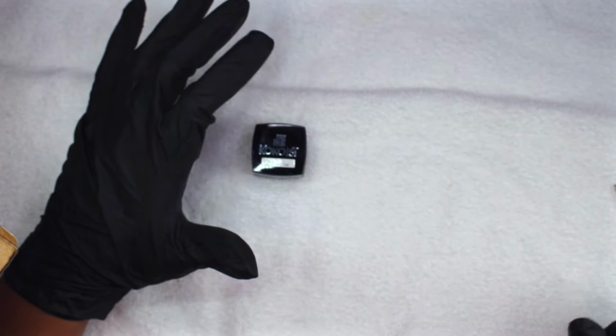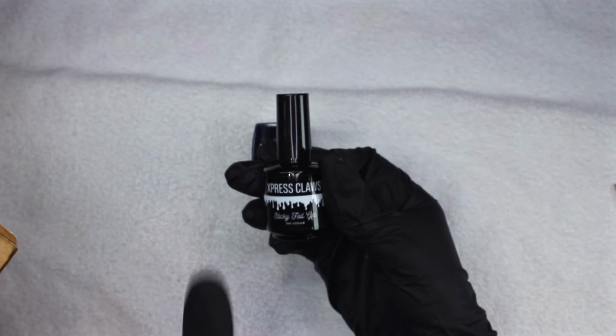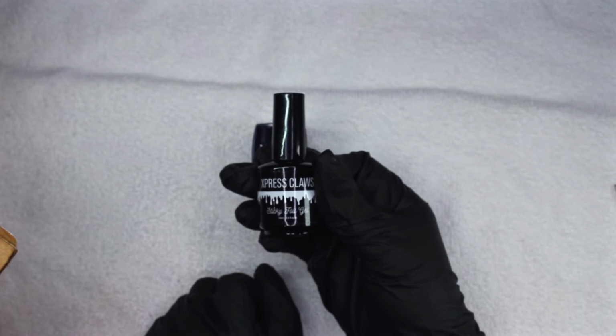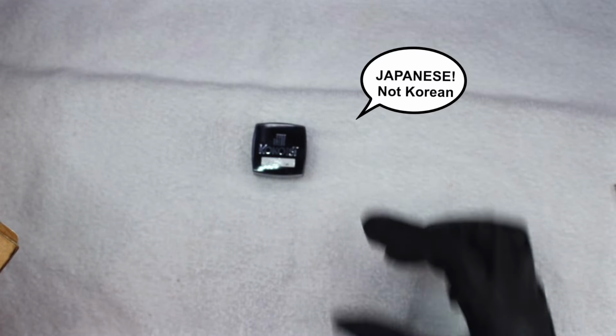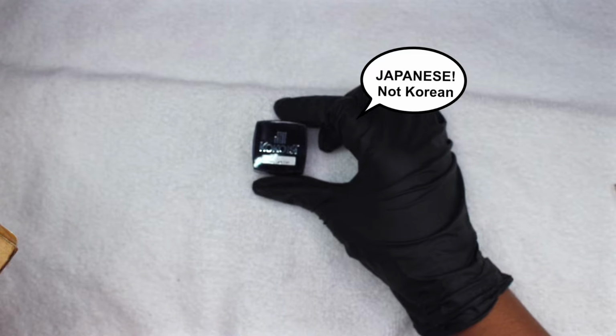actually comes from a woman on Instagram. Her name is Nails by Sarah Detroit. Okay, Nails by Sarah Detroit, and she has her own line called Express Claws, which is actually sticky foil gel, which has been very, very, very good. Absolutely love. But from a Korean standpoint, I did want to try the Cocoa's version in that way as well,